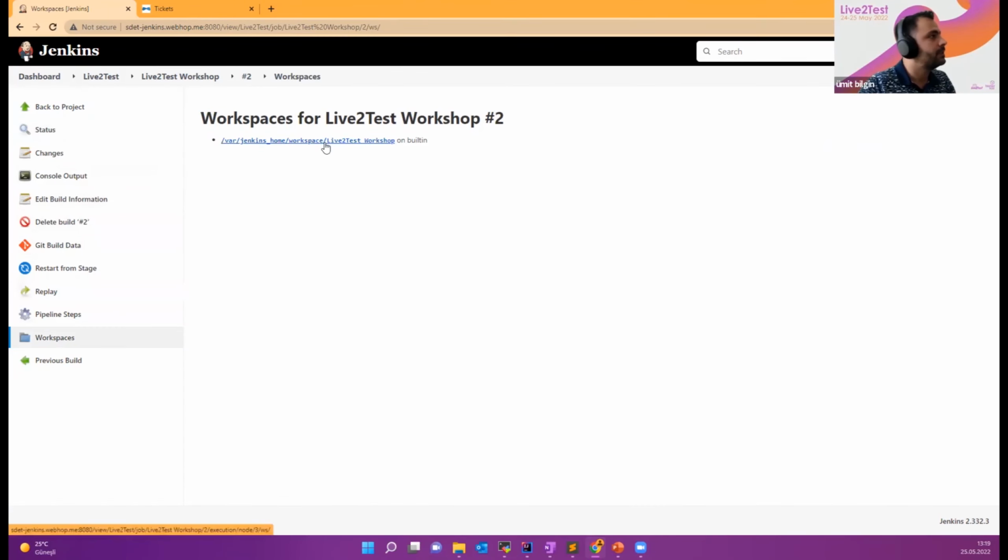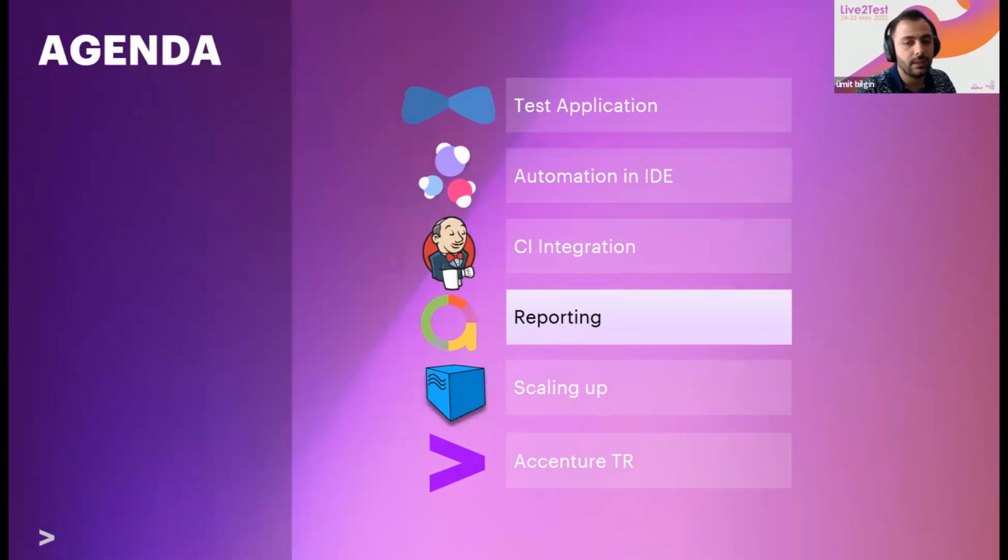Let's go on to the next part. We need to integrate a reporting tool here. Why we need it is that the existing console logs already describe what happens while the test is running, but it's not good enough. In many cases, it's not user-friendly and not readable. It's hard to find and analyze issues directly from console logs.